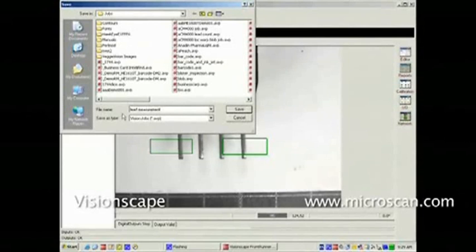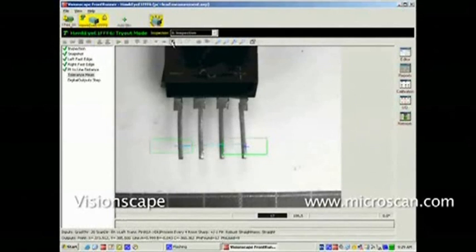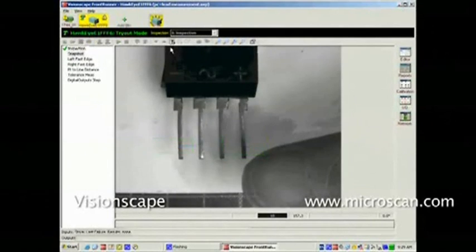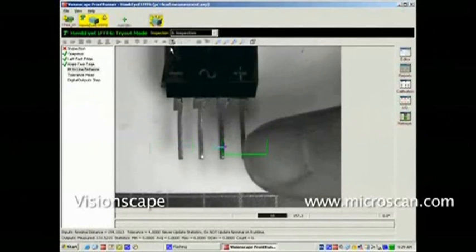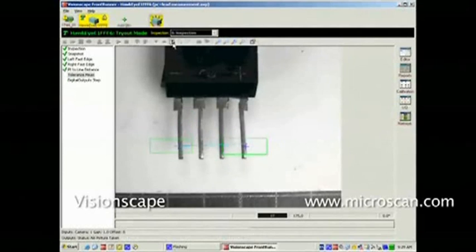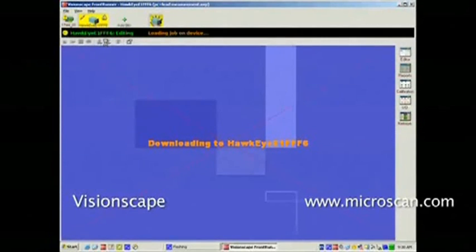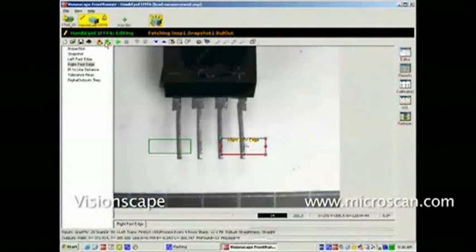and save it as an AVP. OK, we can run the job. We'll see that it is passing. If I occlude the part so that it cannot see that edge, it will fail. OK, so we'll stop the job, and we're ready to go into run mode now. To run it, I have to first download it to the camera. The job is now downloaded, and we can set it to run